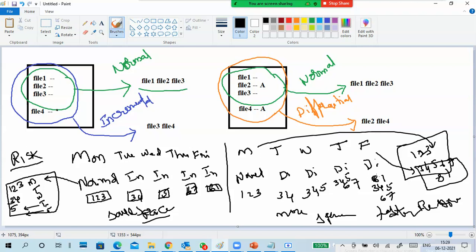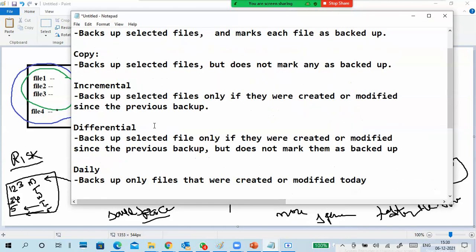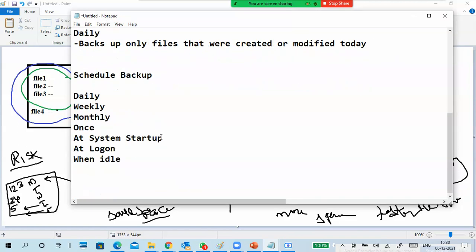Very important in the backup types: normal, incremental, differential. Of course, there are a lot of other backup types: copy, daily, and so on. And we have to schedule the backup at regular intervals, like you want to take the backup only now, or maybe every day, or every week, like Monday or Friday.